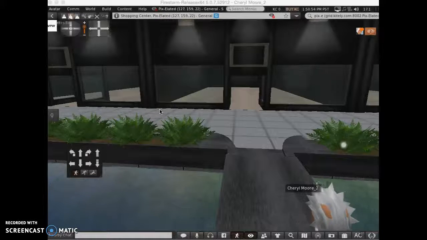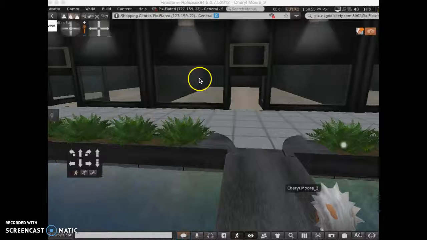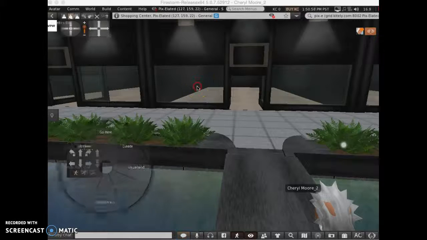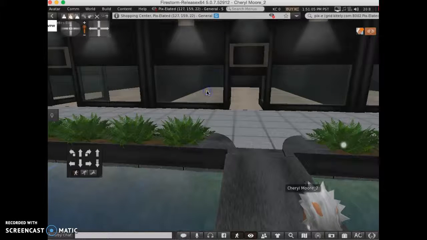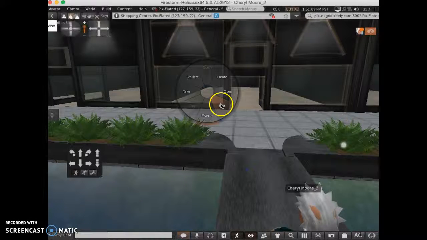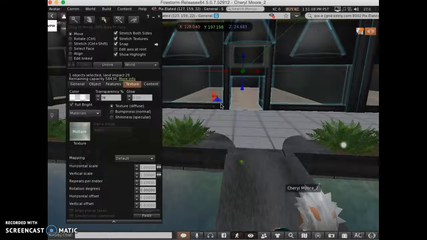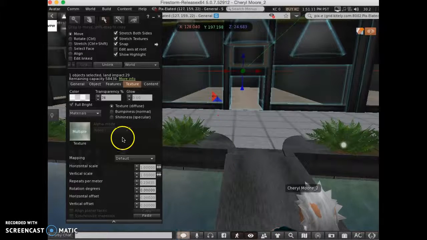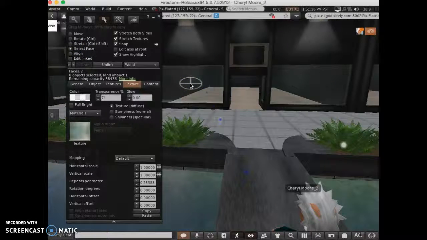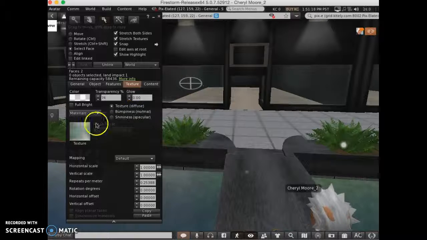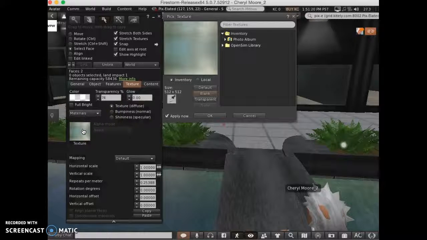So I'm going to experiment with changing the face of this window. I'm curious if I can put a picture there. So let's go ahead and just click that, edit, and I think I want to select the face. This seems to isolate this little piece. And then I'll click on texture, and I'm thinking that I can